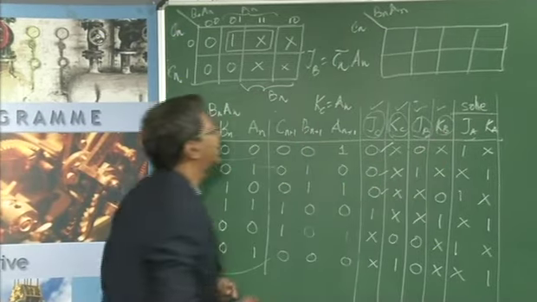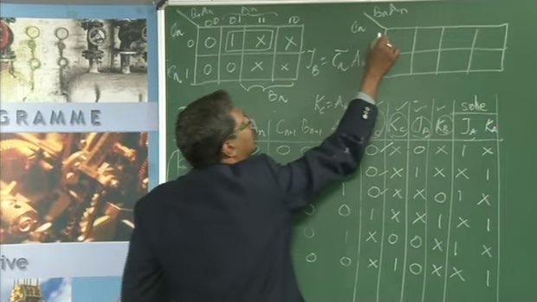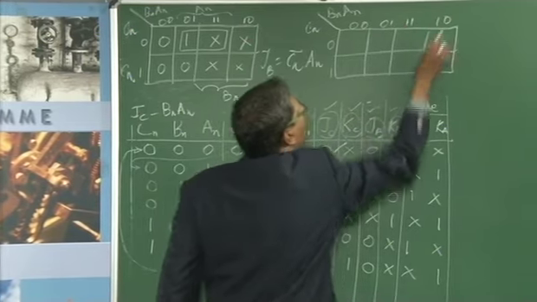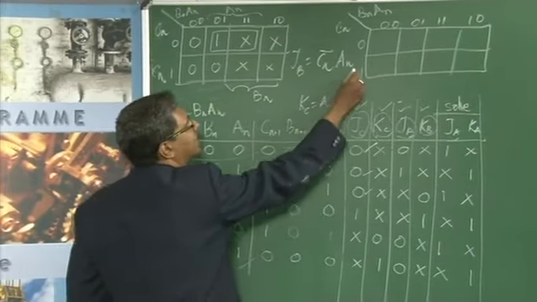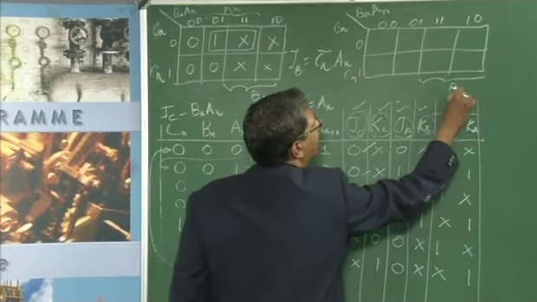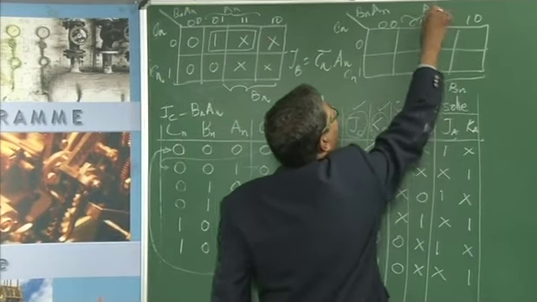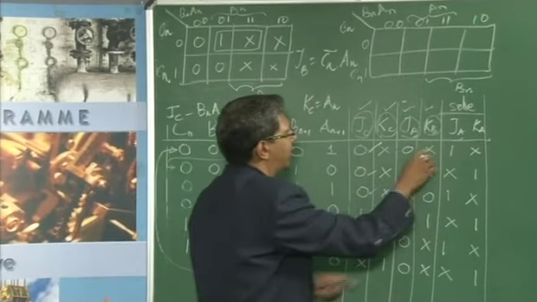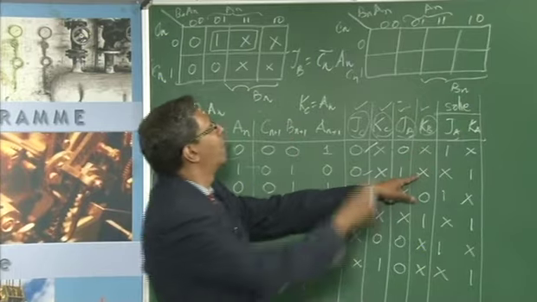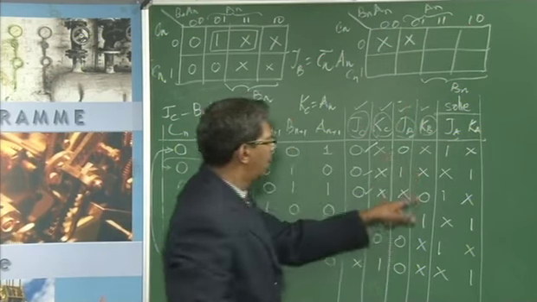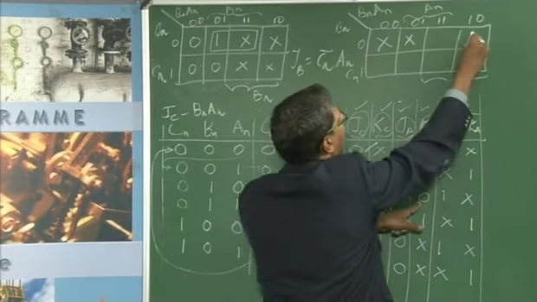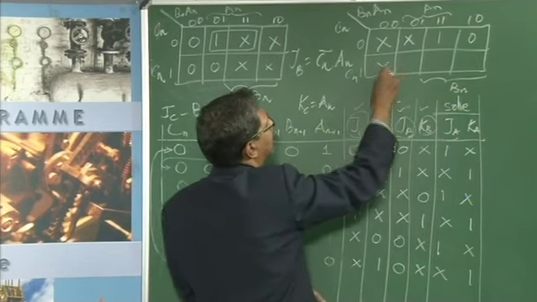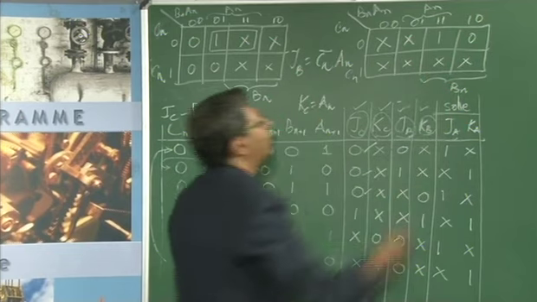It's Kb now. I write an expression for Kb. So 0, 1, 0, 0, 0, 1, 1, 1, 1, 0. Okay, so this was for Cn, this was for Bn, and these two columns are for An. Now I'm going to write this one for Kb. 0, 1, both are x. 2 is 0, 3 is 1, 4 is x, 5 is x. These two are not there, so go ahead and take them as x.